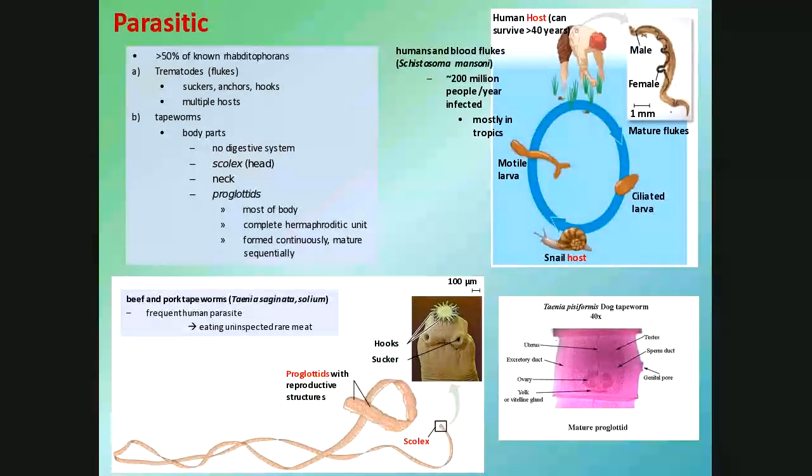So the scolex stays there, and these proglottids just bloop, and then with the feces of the host, bloop, these things drop out, and these proglottids then reproduce and form eggs. Other organisms, especially browsers, come along feeding along the grass and the dirt. There we go. That's how you get a tapeworm. And it can occur in beef or in pork. This can be a frequent human parasite, especially if you're eating uninspected or rare meats, obviously.